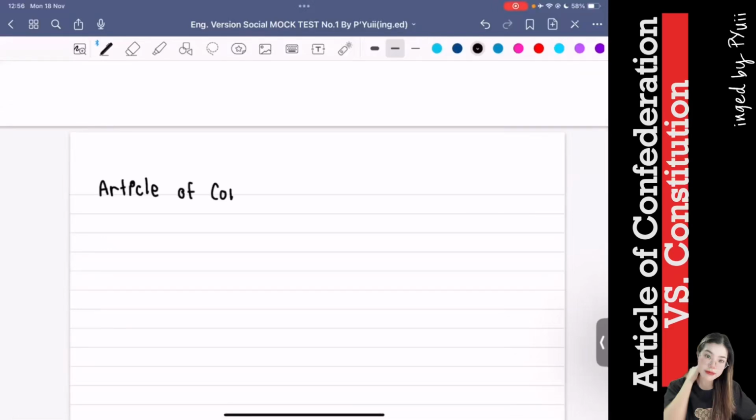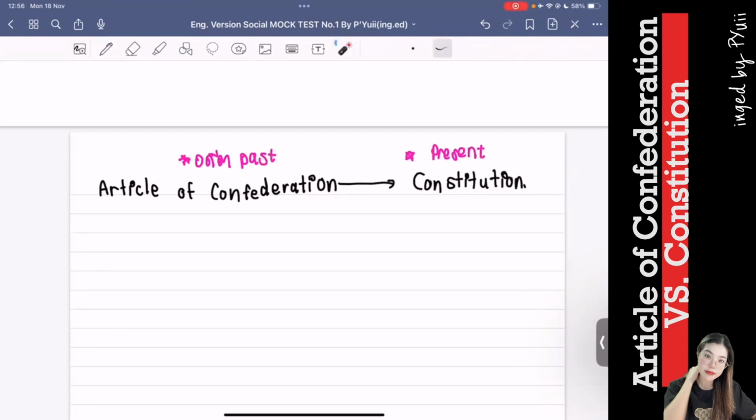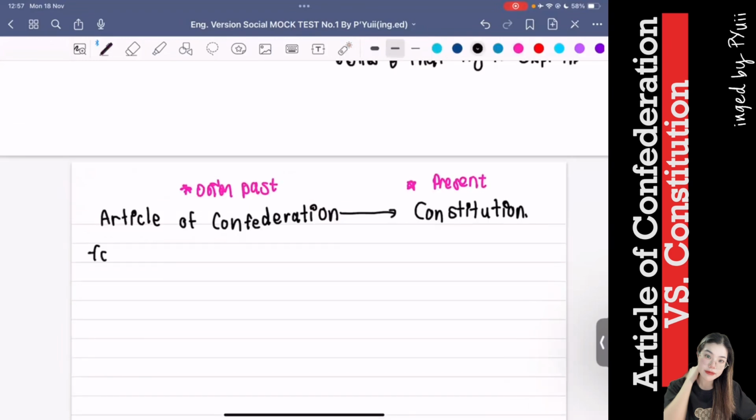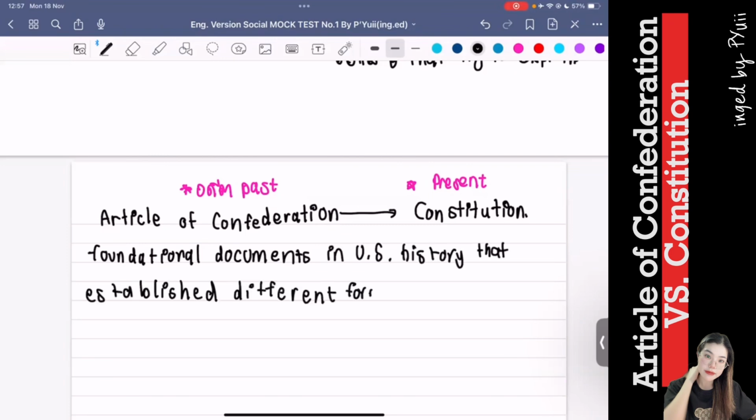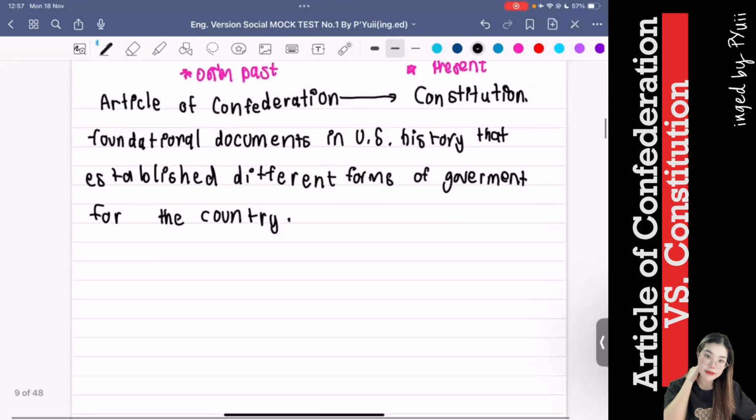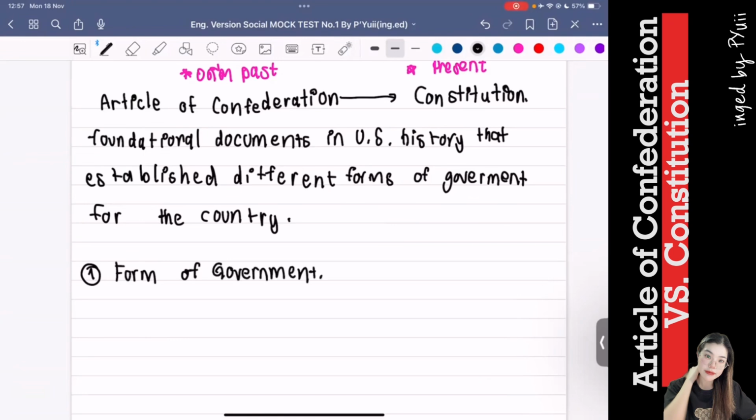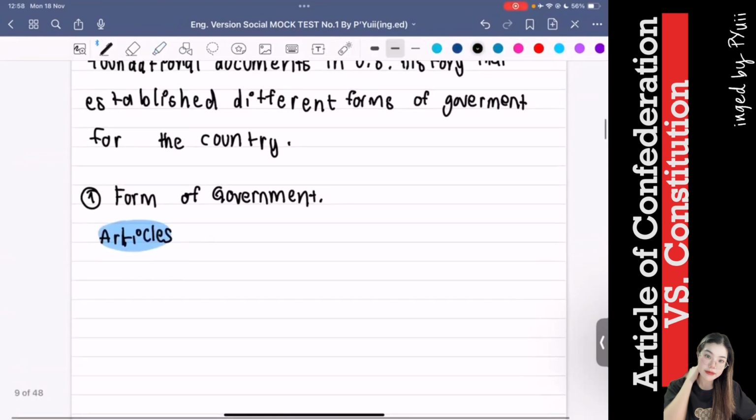Articles of Confederation, Constitution กฎหมายรัฐธรรมนูญที่พี่อธิบายให้ฟัง Constitution อันนี้คือปัจจุบัน อันนี้คืออดีต ในอดีตที่ปกครองในรูปแบบของ Articles of Confederation เนี่ย มันคือ foundational documents in US history that established different forms of government for the country. So I will tell you the difference between the two. The first one is the form of government คือรูปแบบการปกครอง